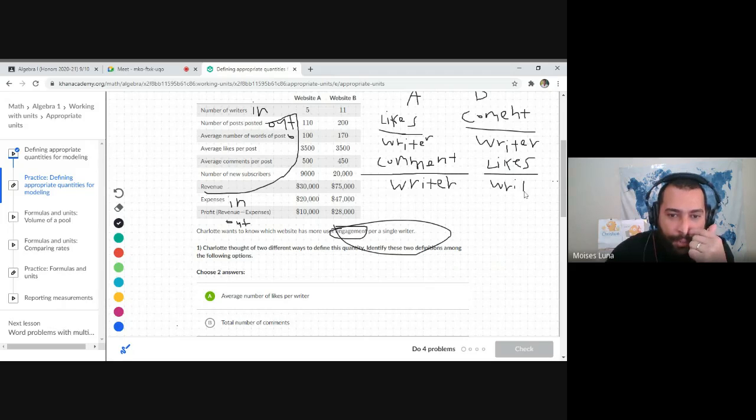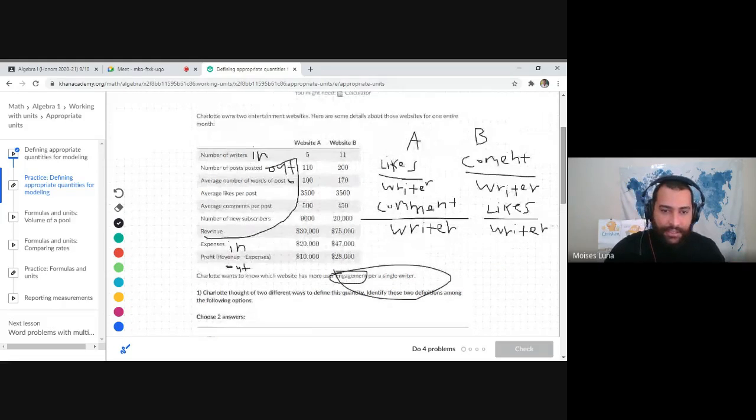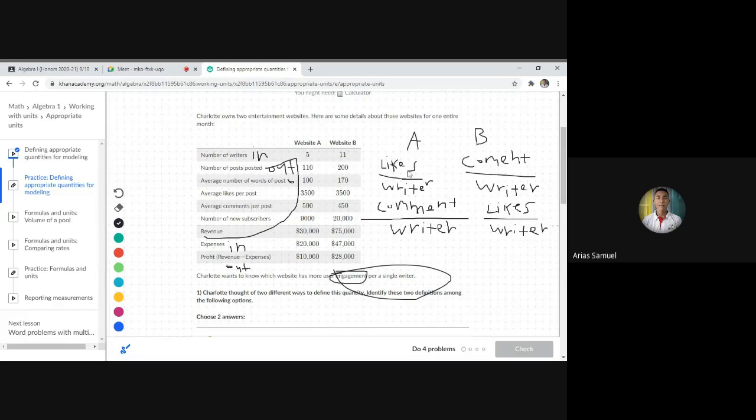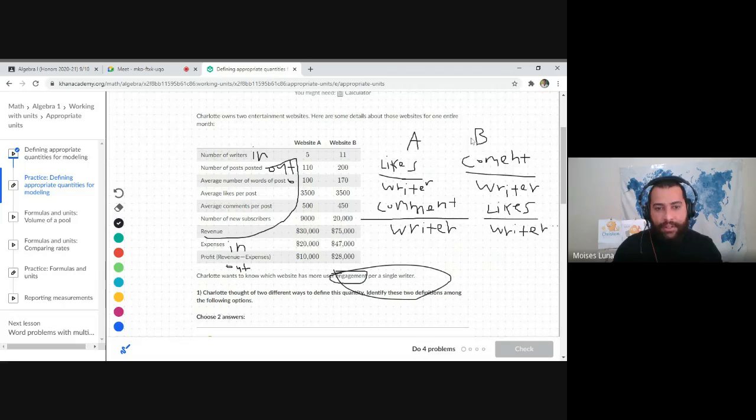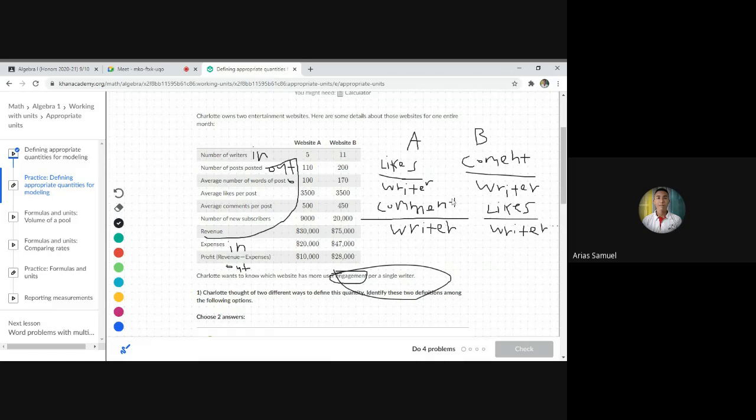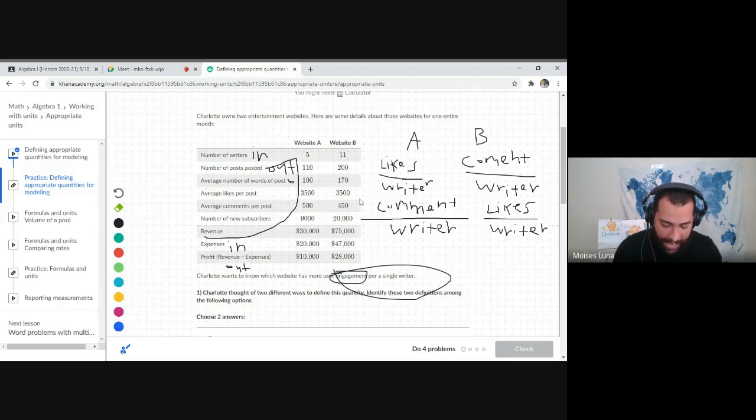Samuel, you have to do it on the same basis: likes per writer has to be likes per writer. You have to compare both numbers, the same number with the same units, because otherwise it wouldn't make sense. So likes per writer for A, and then likes per writer for B. You need to have likes per writer of website A, which is